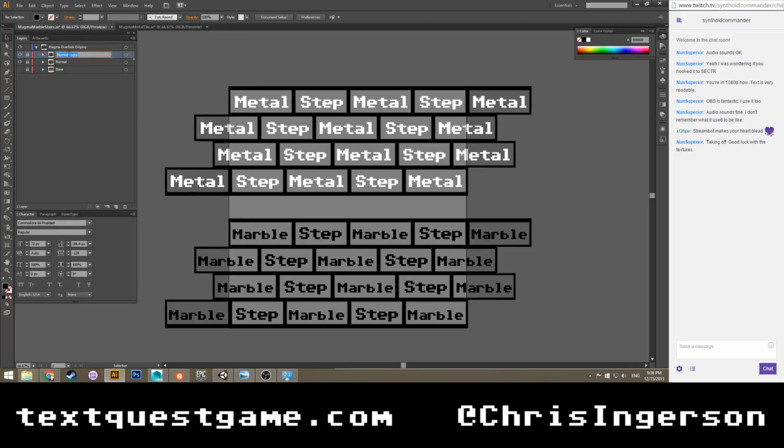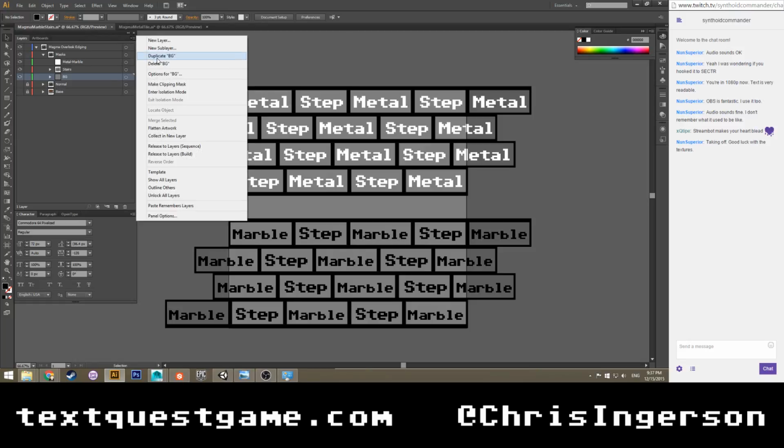Let's duplicate normal. Call this masks. Unlock this. Alright. Let's go ahead and make a new one. Call this metal marble. Let's duplicate RGB.